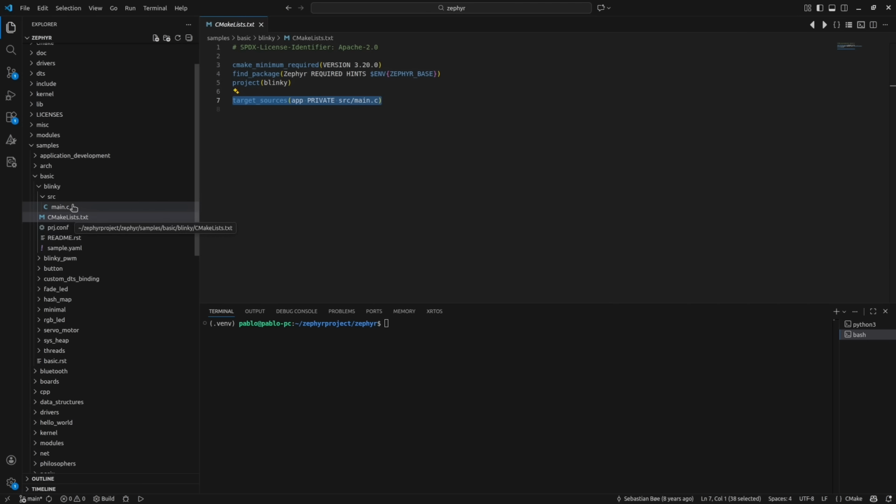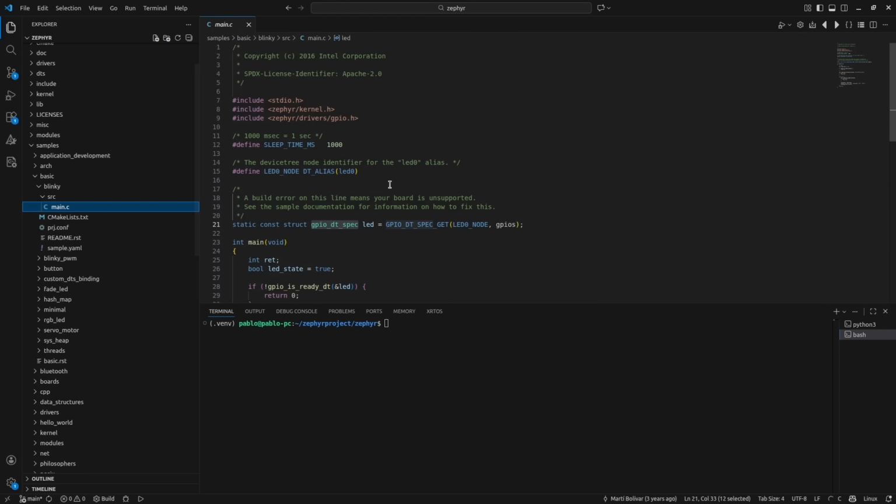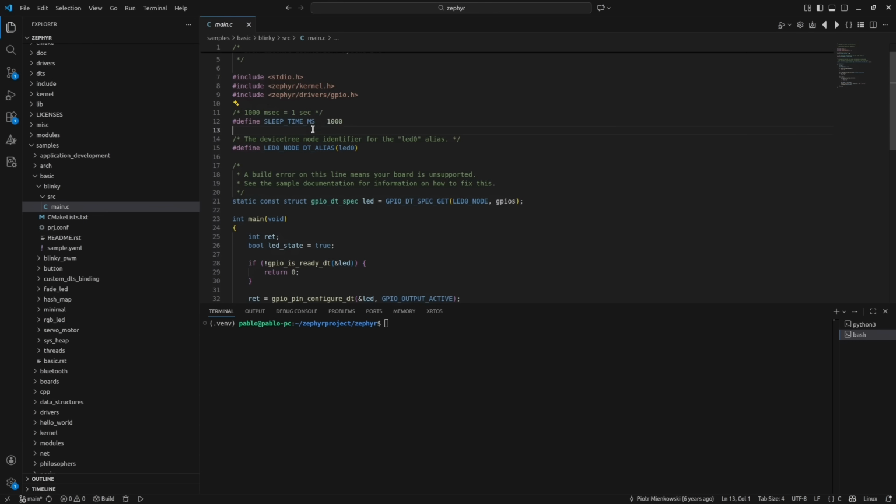Now, let's take a look at main.c. First of all, we are importing the Zephyr kernel for sleep and the loop, and over here we are adding the GPIO driver. In this line, we are setting 1 second of waiting for the toggling process.